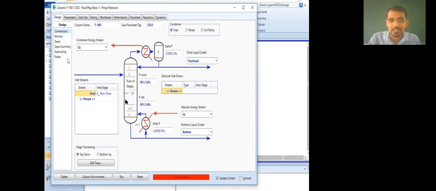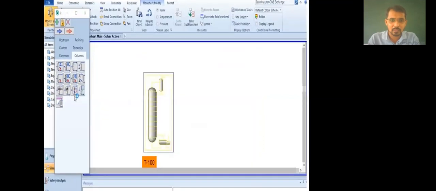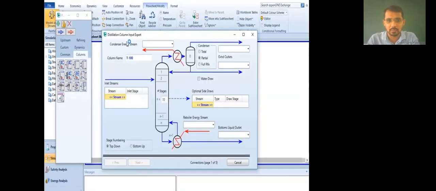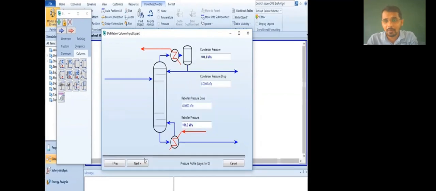After that, double click over this distillation column and check whether all the data you entered is provided or not. For example, after double clicking over the distillation column, such a type of tab opens. You have to select whether total condenser or partial condenser is selected, and whether overhead pressure is given or not. Means all this data, the temperature data and pressure data for the feed stream, is provided or not. If that is not mentioned, you have to enter it from the assay data provided by the chemist.